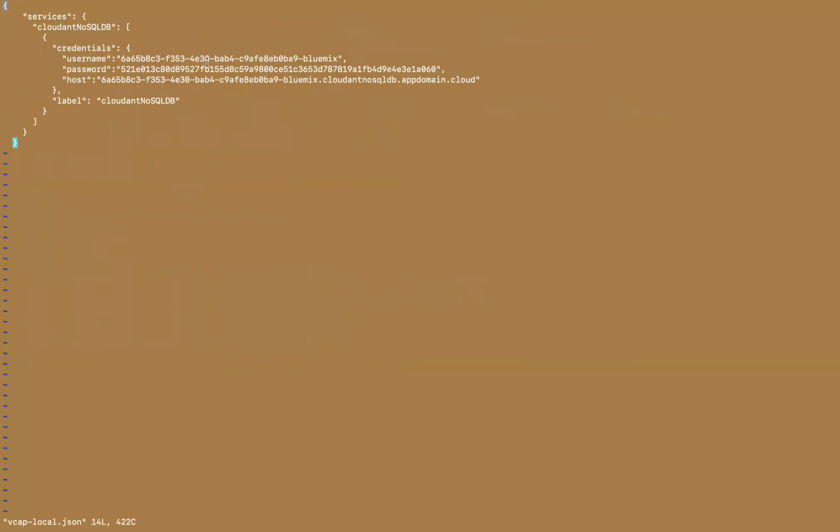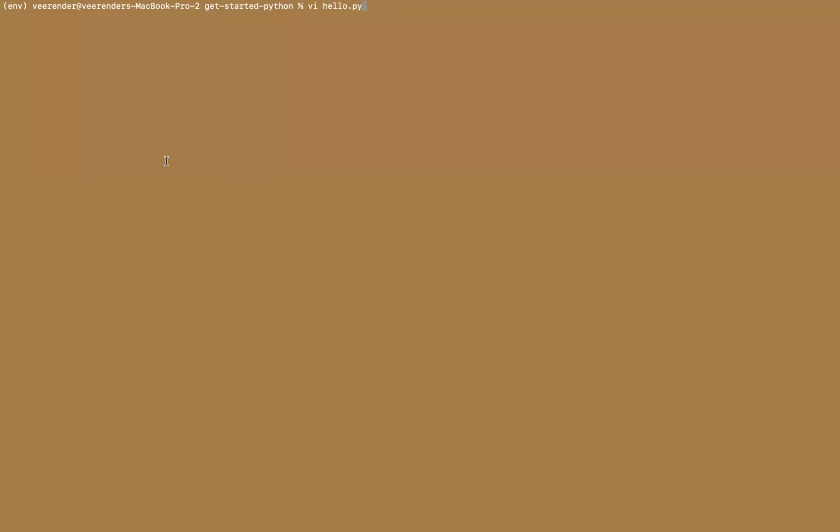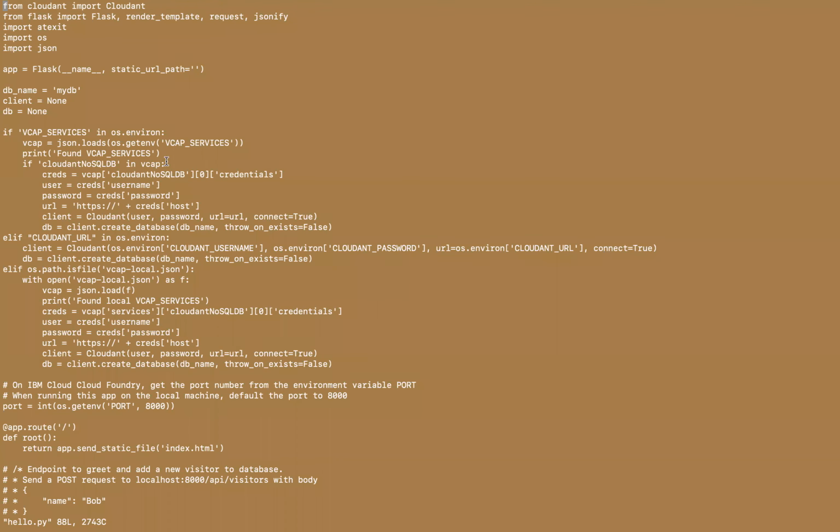So you need to actually, not this one, let me, okay. So you need to add, so this is the VCAP services. So it is connecting to the on cloud. It will check for this particular username, this password, and host.